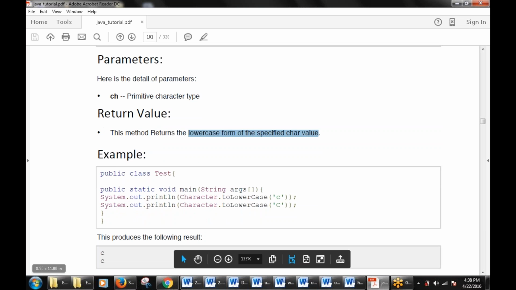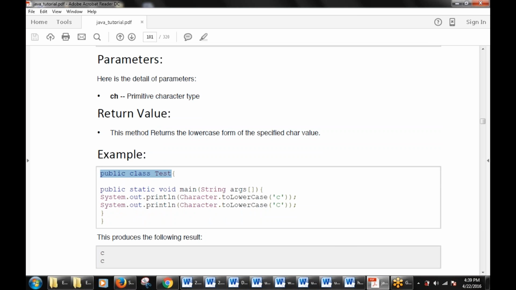This is an example. Public class Test. So Test is the name of the class. Then public static void main String args. System.out.println Character.toLowerCase, there is a small c. In the next part, the same input is given, that is capital C. So when we talk about the first part,